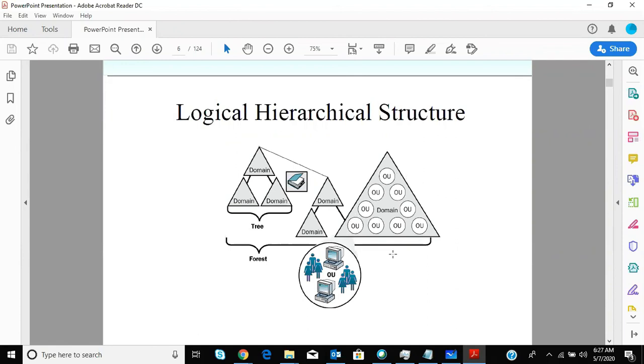Okay, right? The forest is there, and within the forest you have multiple domains, and within domains you're creating OUs. Site is not mentioned here, but site is part of this. So for respective